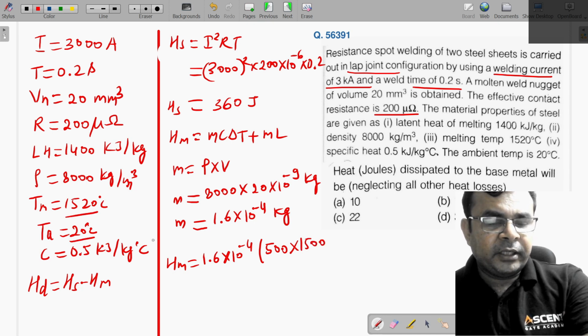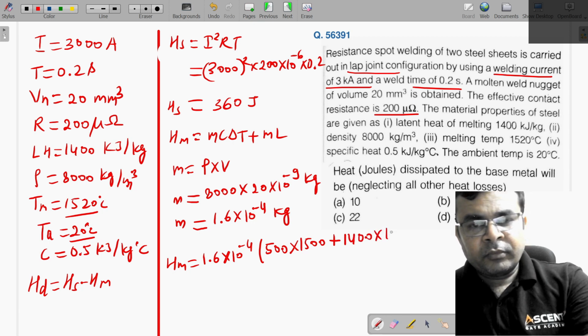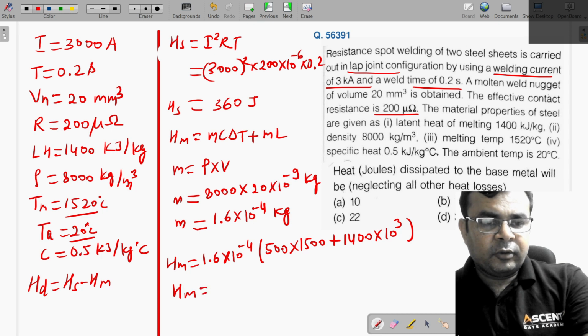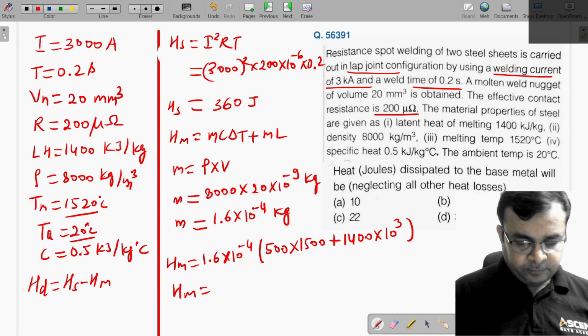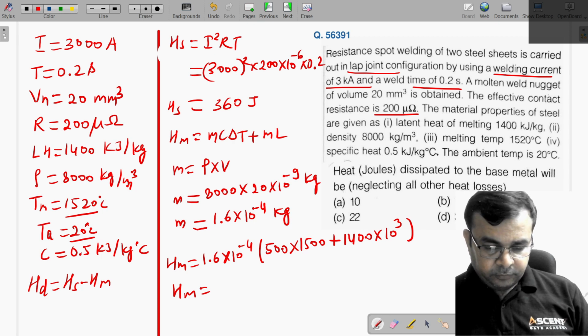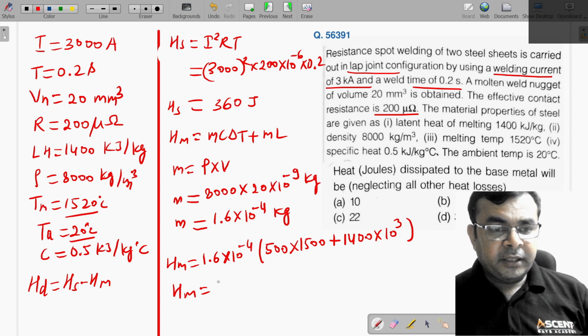So this will be 1500 plus ML, and latent heat is also given here, that is 1400 kilojoule into 10 to the power 3. So from this if I calculate, we get 344